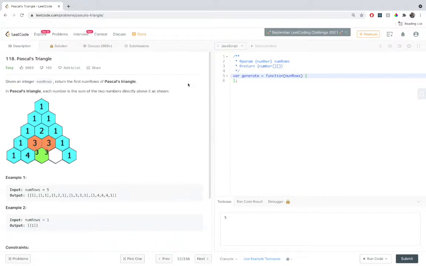Today we are going to solve LeetCode problem 118, which is Pascal's Triangle. The way I want to approach this is I will give you a basic overview of the question, and ask you to pause the video and try out the solution yourself. If you're able to do it, amazing. Just follow through my video to see if either of us can improve our solutions.